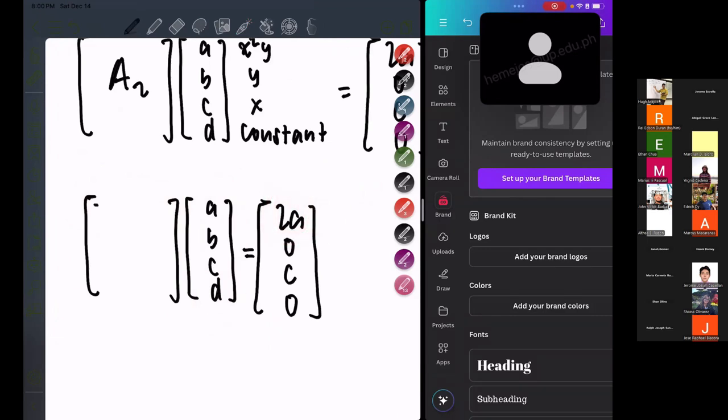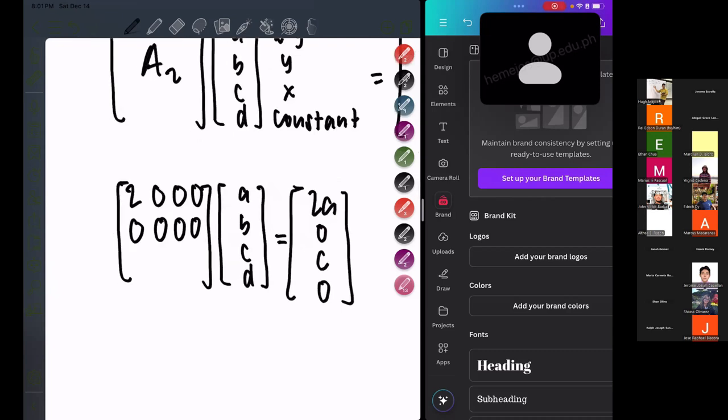So we want A to be doubled. And then we want B, C, and D to not show up. So kailangan natin siya 0. So ayan, that's the first row. For the second row, we want it to be completely 0. So it's just that kasi none of the factors are the same. For C naman, we want C to show up. So we just want